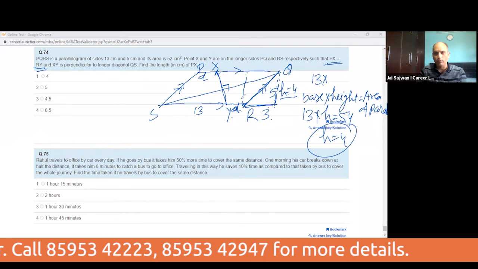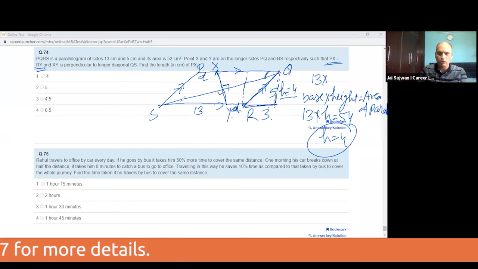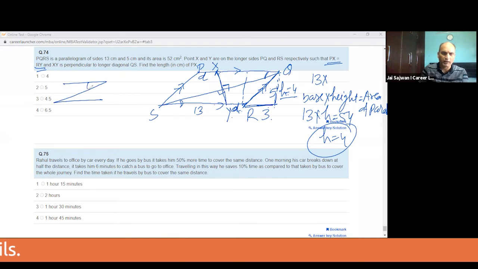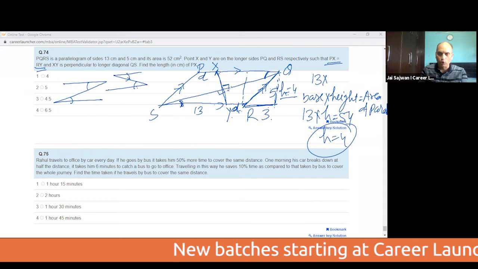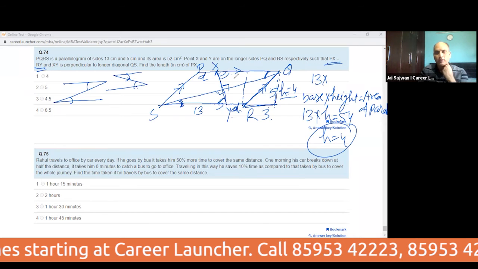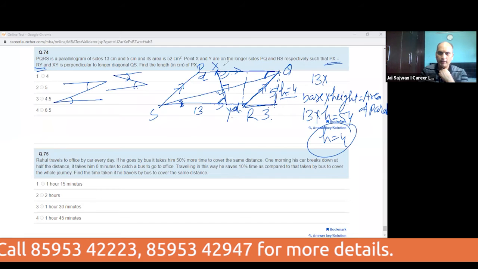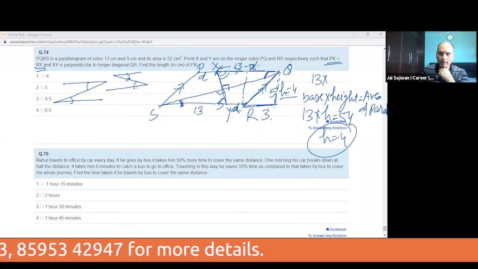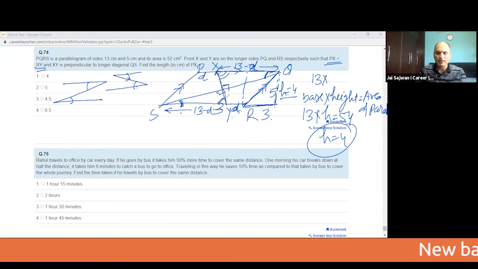From this we already know that this is parallel to this one. This is 90 degrees. Can I say this angle is equal to this one angle? Wherever the Z is forming, it is known as an interior alternate angle. Yeah, उल्टा Z भी. This is known as an interior alternate angle. Both angles are equal, 90 degrees. This second angle will also be equal to this second angle. So these two triangles are similar. If the triangles are similar, their lengths will also be the same. This is 13 minus d. This will also be 13 minus d because that is d. Already given था कि वो equal है. वैसे भी 13 minus d होगा.